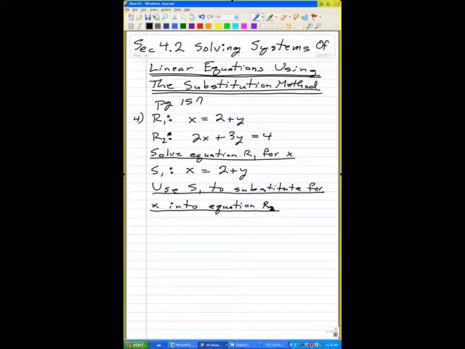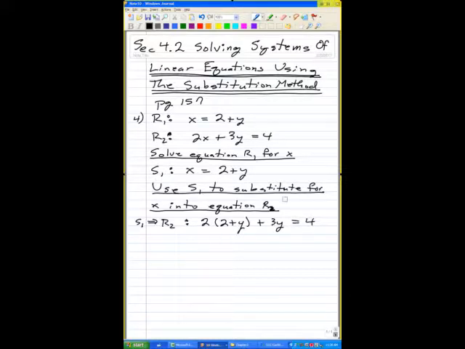And so let me substitute S1 into R2. And so I get 2x. Well, I'll substitute for x 2 plus y, because I said that x is equal to 2 plus y, by equation S1, plus 3y